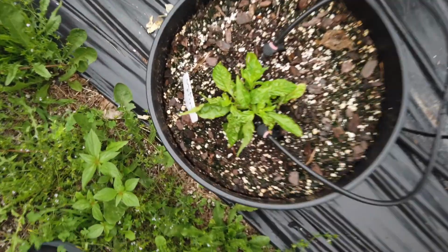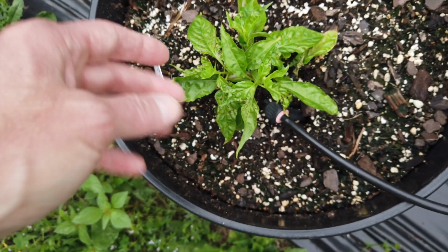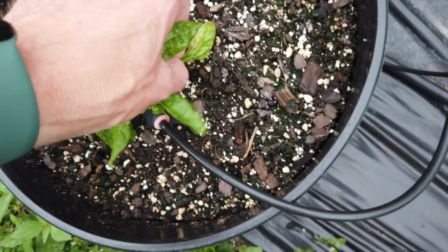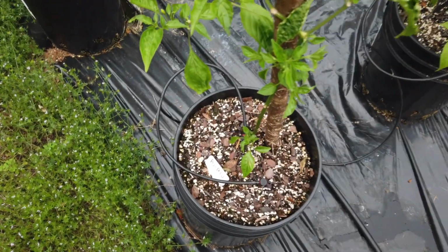It's got a lot of foliage on it. This white Reaper looks really pitiful, but I've had plants like this before. They start out pitiful, and eventually they usually take off. But it's Ají Peru